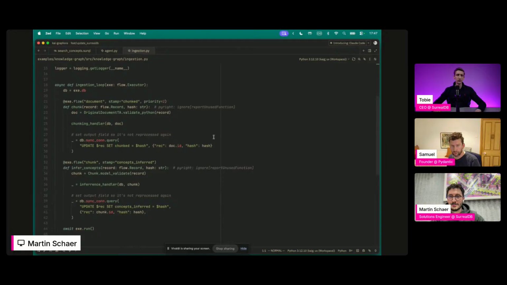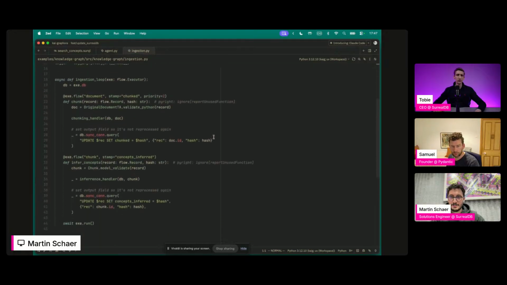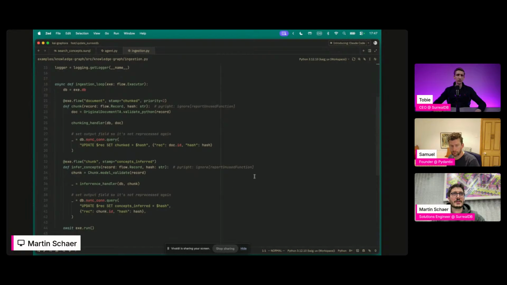On the ingestion side, let's go first here. I'm doing just a very simple, declarative approach, so that I can pause and resume and retry, and even re-ingest or recalculate chunks and concepts. So I made a very small function decorator to define that this chunk function should run over the document table only if it hasn't been stamped yet, with a priority, and in this case, no dependencies. So it'll run as soon as there is a document that hasn't been chunked.